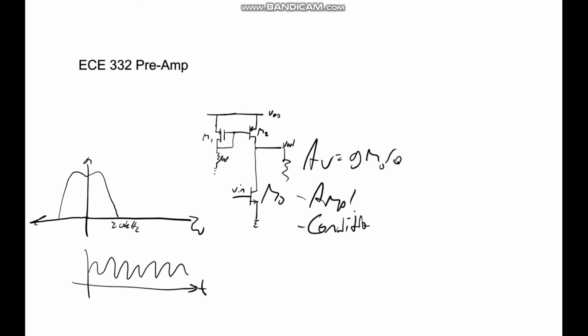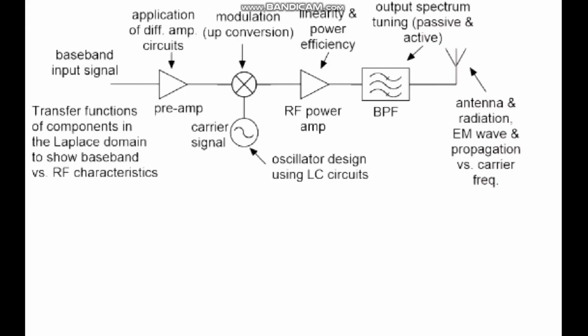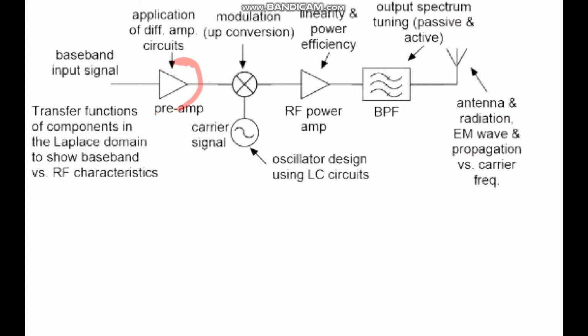Conditioning: we need to condition this, which is going to raise it to a higher DC value, a larger bias. So this is 0.3 volts, let's say we go to 0.6 volts. That conditions the signal to go into the mixer. And lastly, it filters out noise. We've conditioned our signal, amplified our signal, and filtered our signal at this preamp, and this is going to be going into this mixer,